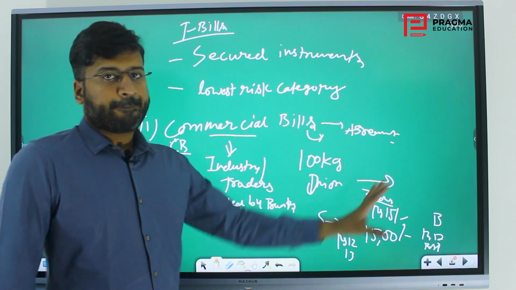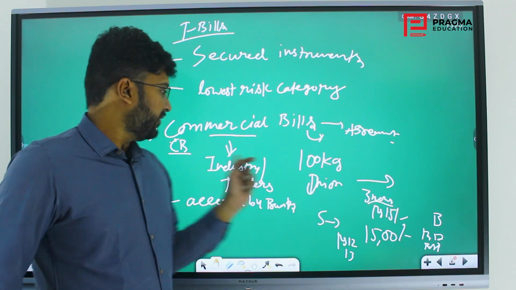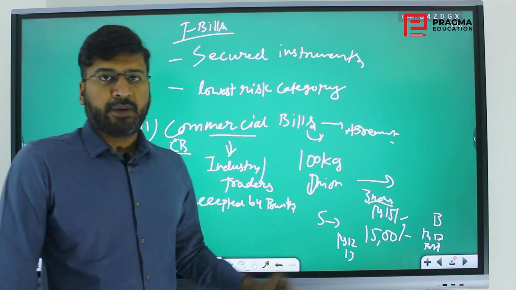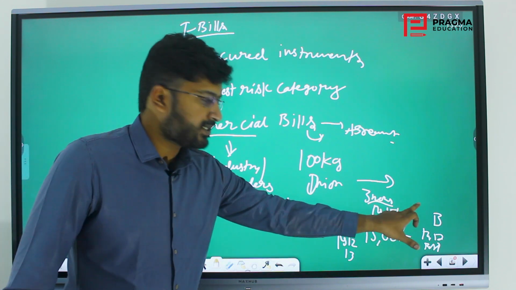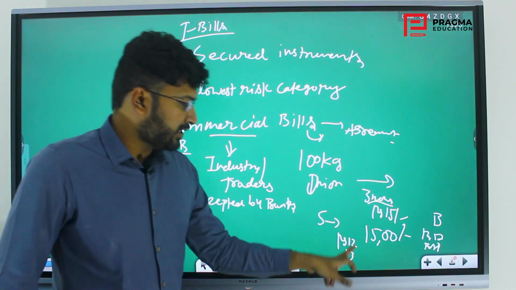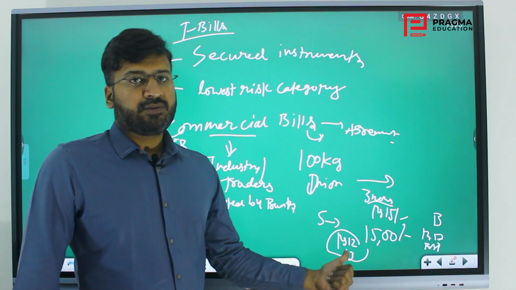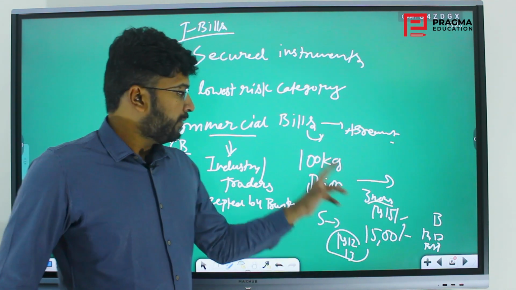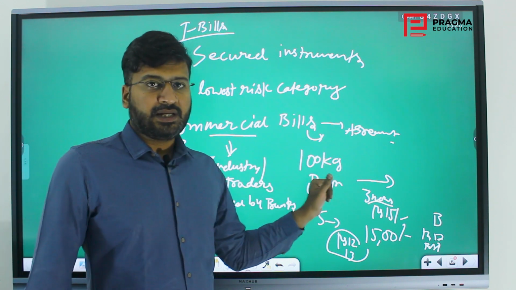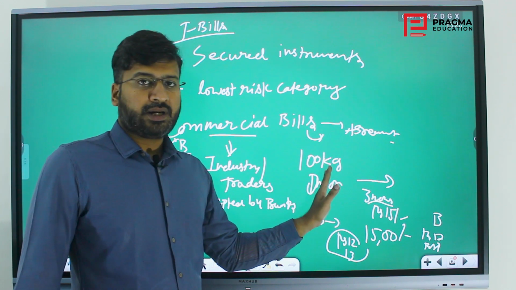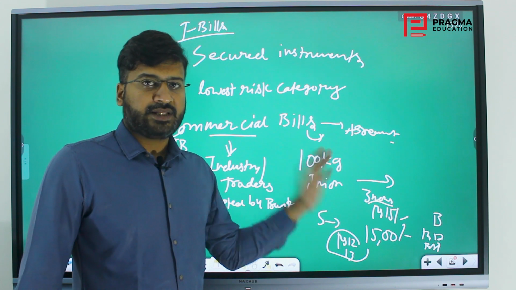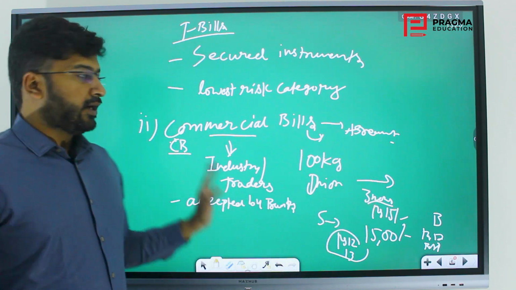So the bank can trade it off at whatever the price. Otherwise, he can again buy it back. He may again manage some liquidity and he will again take it, because he is of the opinion that this will be coming down. So imagine this in huge volume. There can be steel, there can be aluminum, there can be any raw material here, any vegetables, any fruits, anything. So that is a commercial bill.